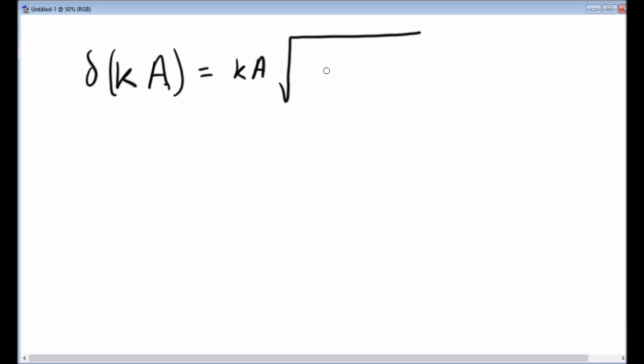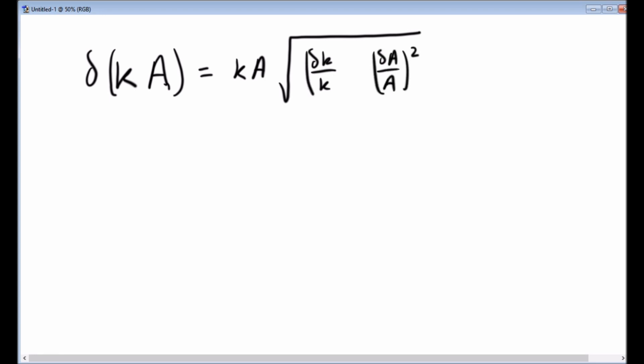uncertainty to 0. So for example, say I've got some constant, which has no uncertainty on it, multiplied by a measured value that does have an uncertainty. So A has an uncertainty and K is an exact number. So the uncertainty of this expression, I'm just going to work it out using the multiplication division rule we just saw. So for the multiplication division rule, it would be final answer times square root, and then I'd have the fractional uncertainties of these two things